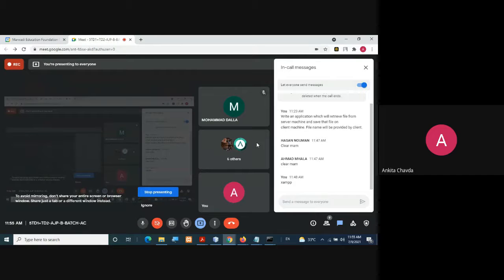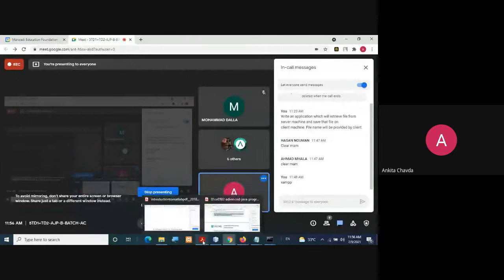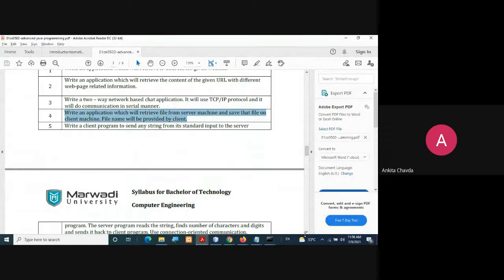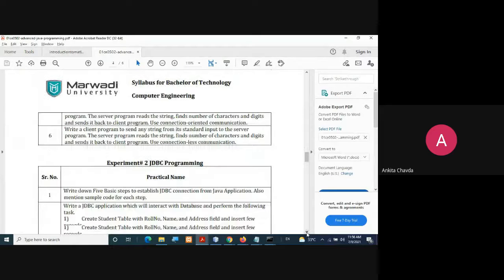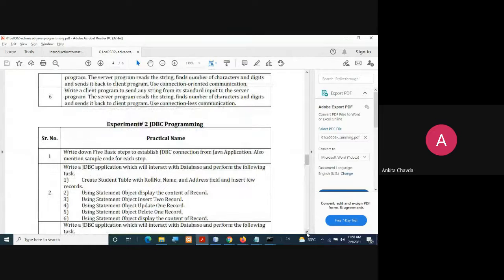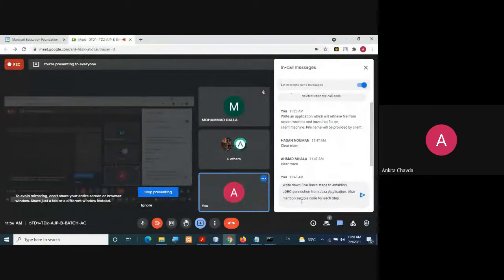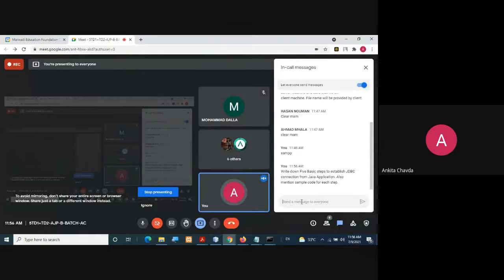Okay, fine. So what we can do here is now the second program. We can move further. So here we have finished all the 6 programs of advanced networking, right? And now we are starting with this JDBC programming. So at least 2 lectures you have seen for this JDBC, right? So few steps and how to load the drivers and all you already know, hopefully. Please say yes or no. Yes, ma'am.